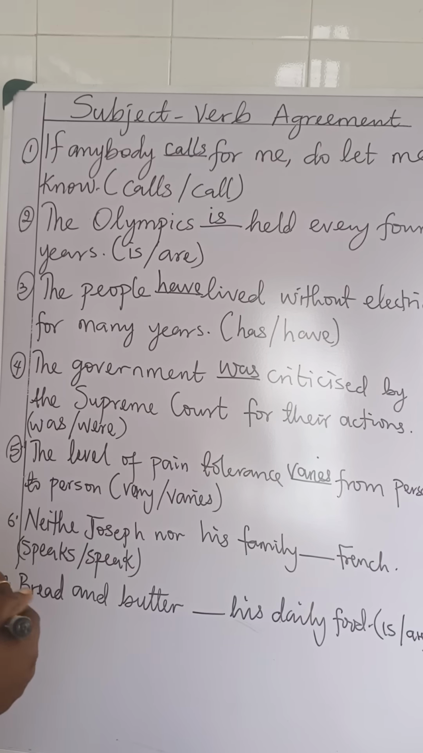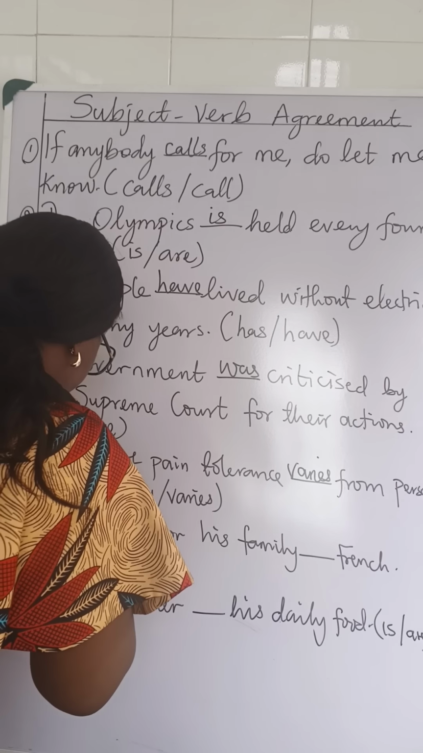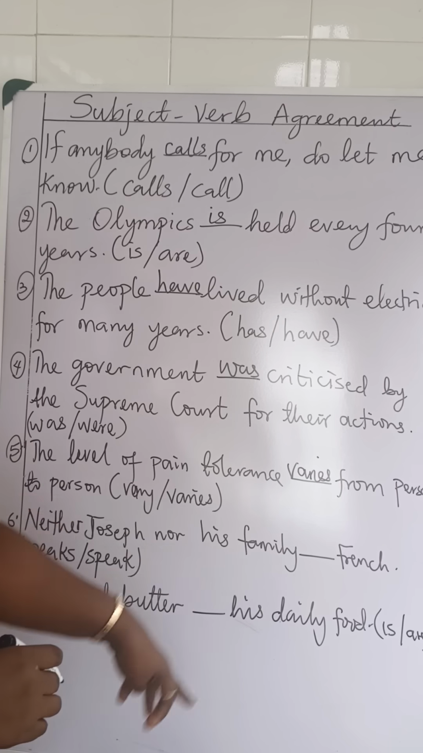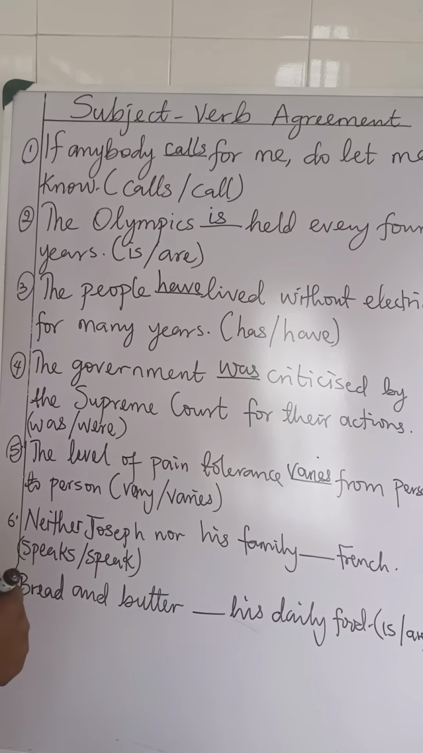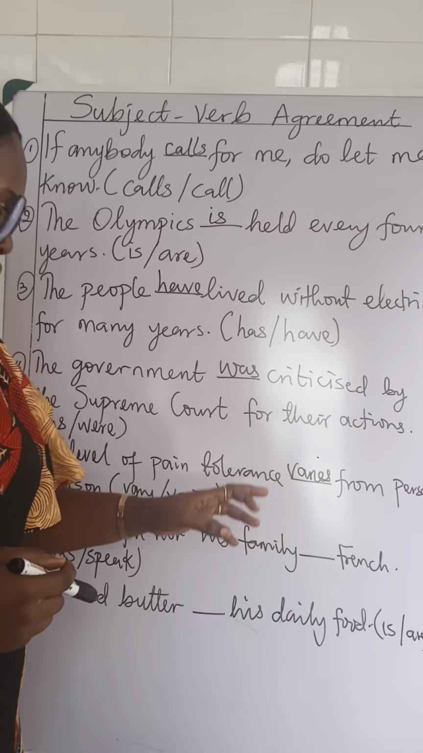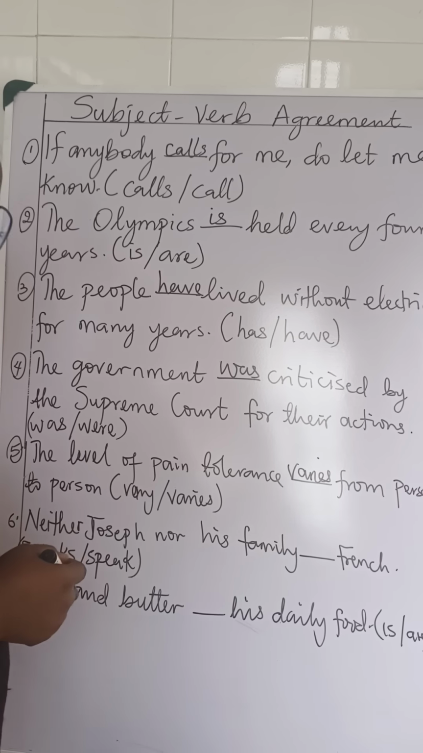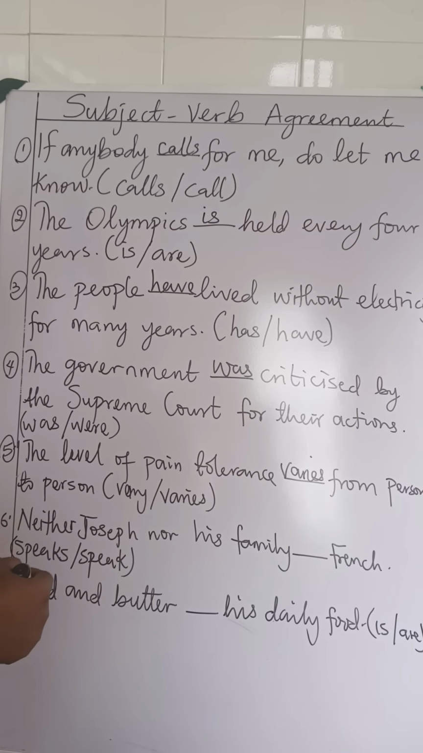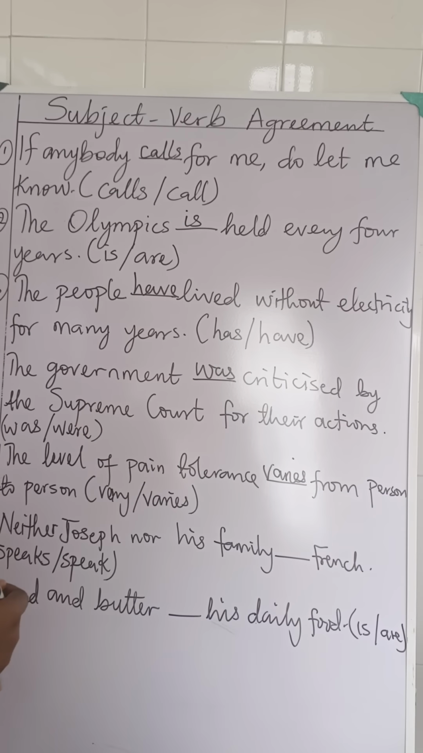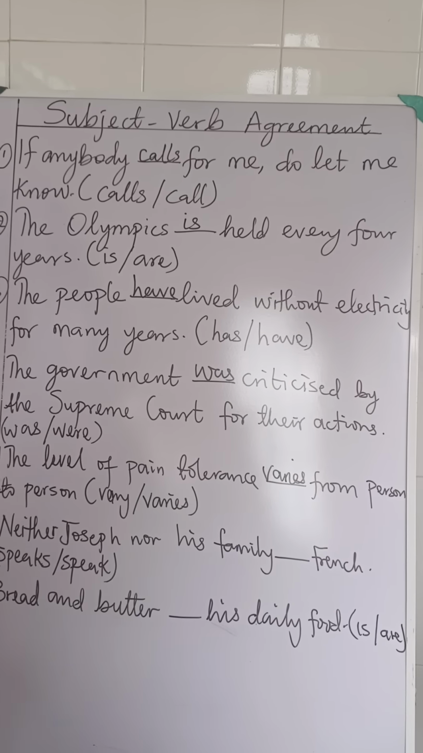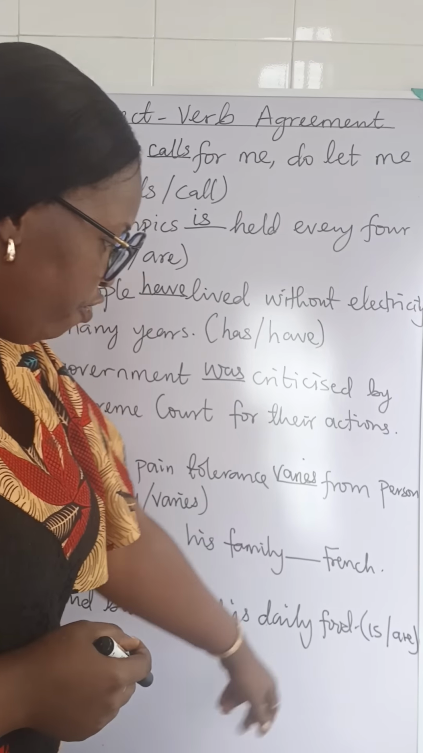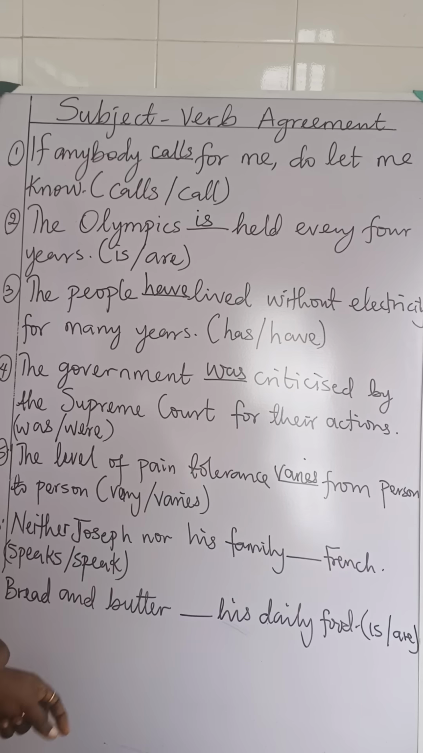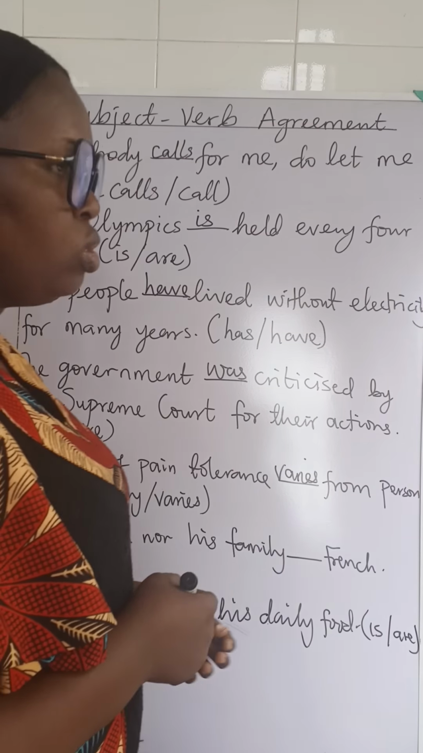Now we look at number seven. Neither Joseph nor his family dash French. Speaks and speak. Which one are we going to use to fill up the blank space? Bread and butter dash his daily food. Is it is or are? I want to see these two answers